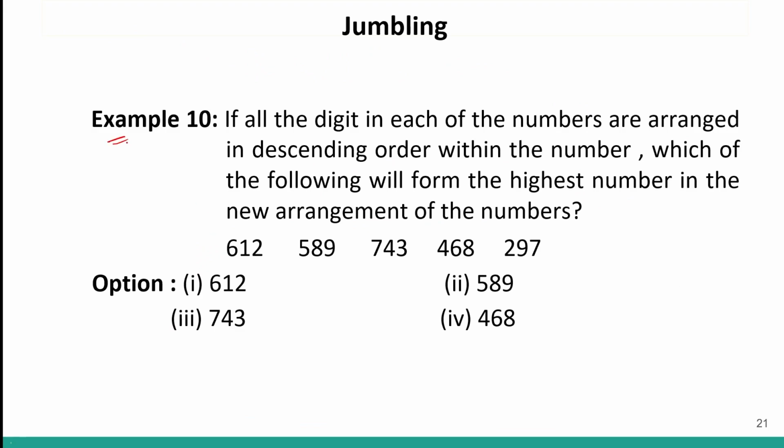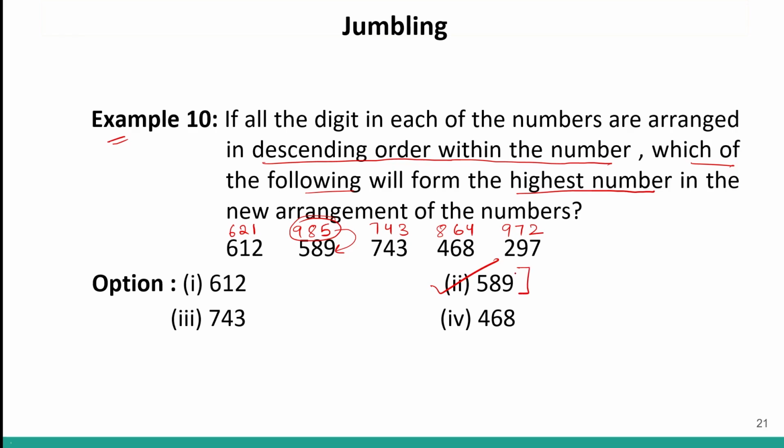Now, example 10. If all the digits in each of the numbers are arranged in descending order within the number. So, descending order within the number. Okay, so let's do that. Descending order within the number, this will be 6 to 1. This will be 985. This will be 743. This will be 864. And this will be 972. Okay. We have to find out which of the following will form the highest number in the new arrangement. So the highest number will be this. Out of all these 5, the highest number will be 985. 985 is formed by 589. So the answer will be option number 2,